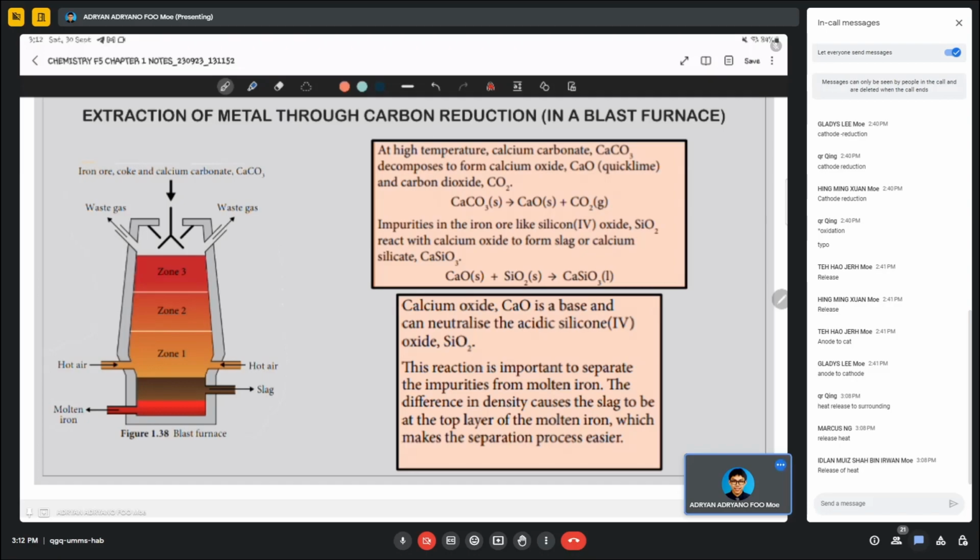carbonate decomposes to form calcium oxide and carbon dioxide. Impurities in the iron, like silicon(IV) oxide, react with calcium oxide to form slag, or calcium silicate. What is slag? Slag is the residue, but it has combined together and become a waste product. This calcium oxide is a base, so it can neutralize the silicon(IV) oxide. Don't think that molten iron is pure iron, it still has residue, and that residue is what we call silicon